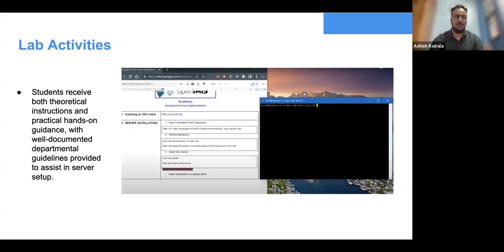And this document you can see on the left-hand side has been created by us. This has been around for 3 or more years. When I was on my master's level in KU, I had the opportunity to create these guidelines, and we have updated these guidelines as well with time. So students receive both theoretical as well as practical instructions, and we provide them all the well-documented